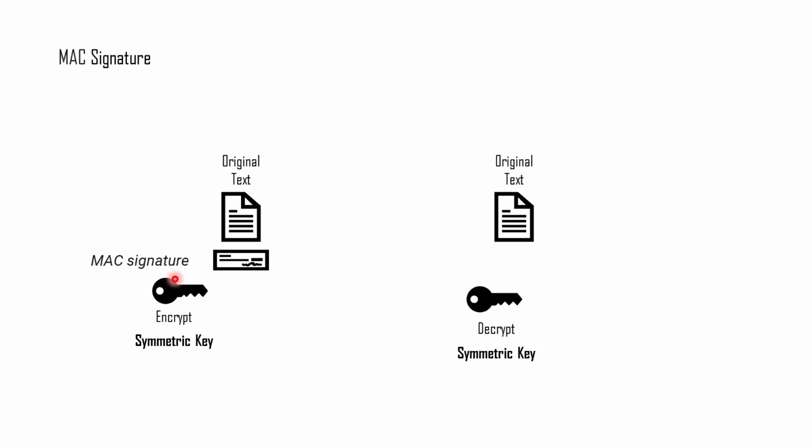And this MAC signature we'll send to the other user who wants to check the veracity of this particular file. Now, the other user would also have the same text file, and he would use the same original file as well as the MAC signature received from the original owner of this file. And then he'll be using the same symmetric key to check the veracity of the original file. So let's see how we can implement this using our KMS system.